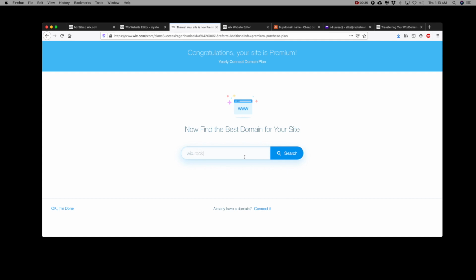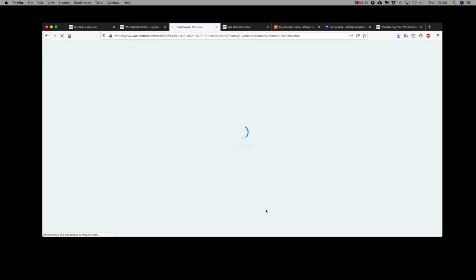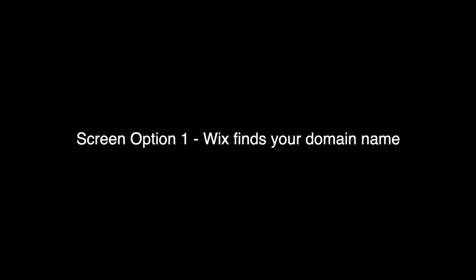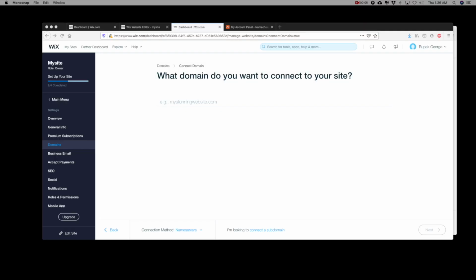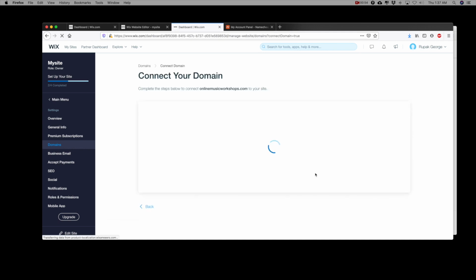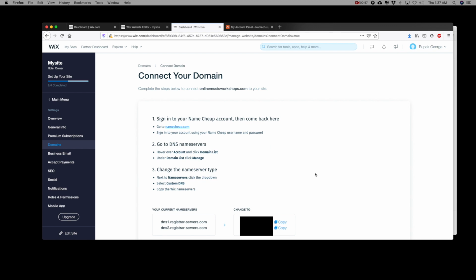So in my case, I've already got the domain, so I'm going to go to this option here to connect the domain. So now I'm going to add my domain name. So here are some instructions about how to connect